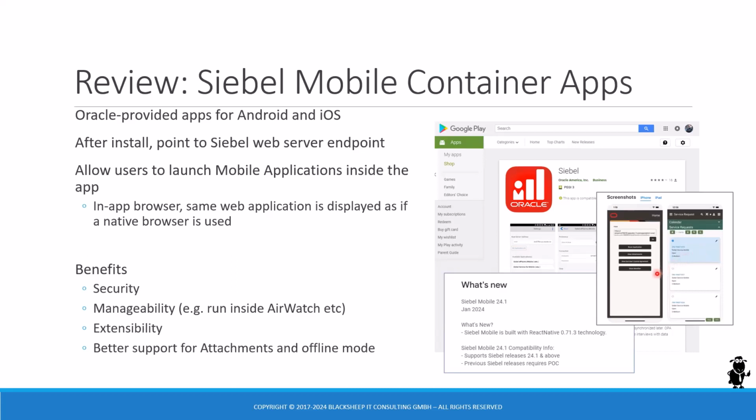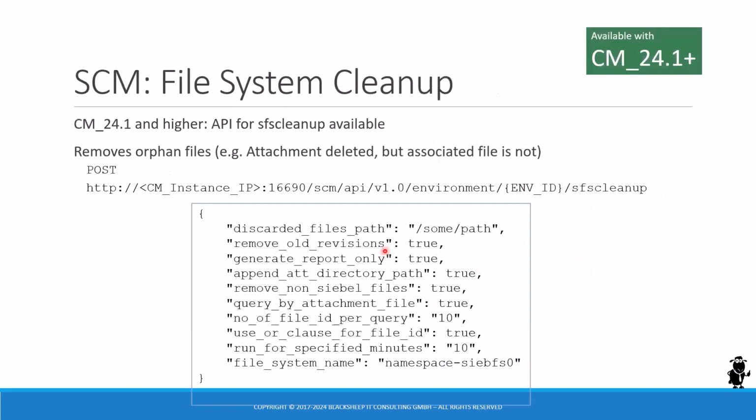There are some screenshots. The first screenshot here shows that the Redwood-ish theming has been adopted by the app itself, and of course, if you run smartphone UX, the Redwood-ish theme of smartphone UX is what you see. Okay, sorry for that. So the next thing that is included in 24.1 is actually on the Cloud Manager,